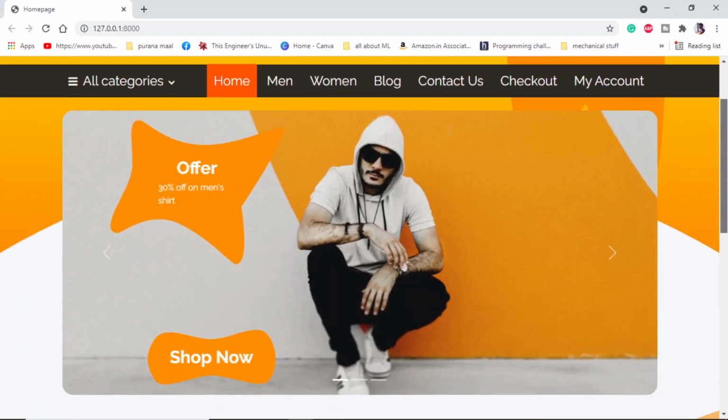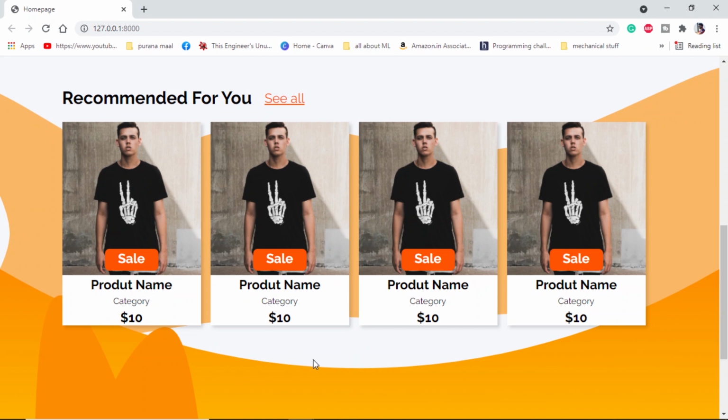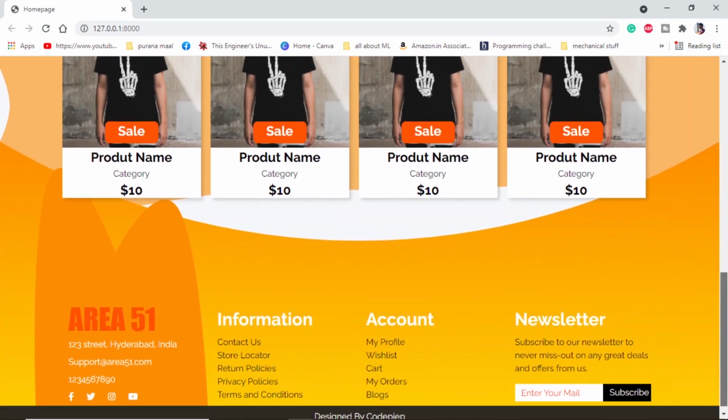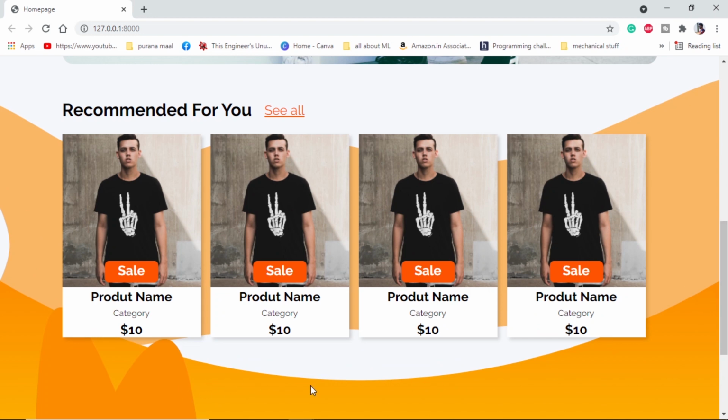In our browser, this is what the section will look like. As of now this is a little clumsy because it is interacting with the footer, but as soon as we add other sections it will be very clear. So we have this recommended heading and see all button, and you can see here the for loop is working properly. Now it is time for a lesson.